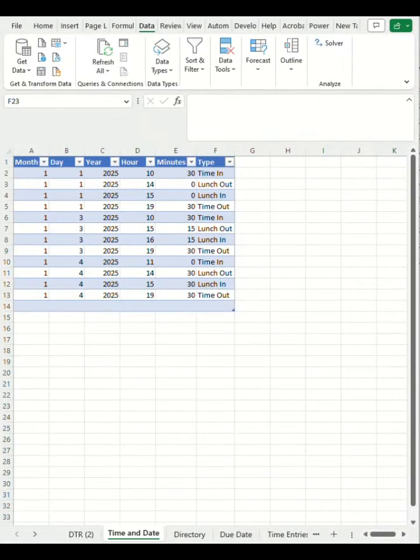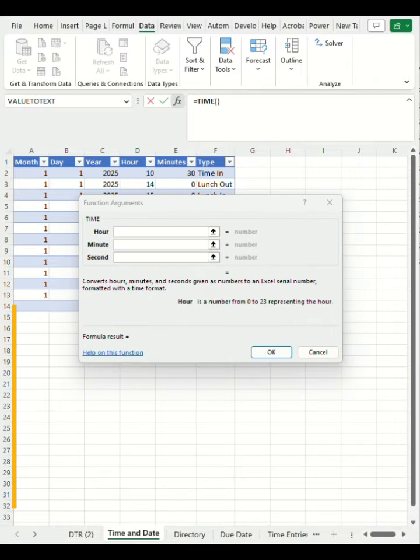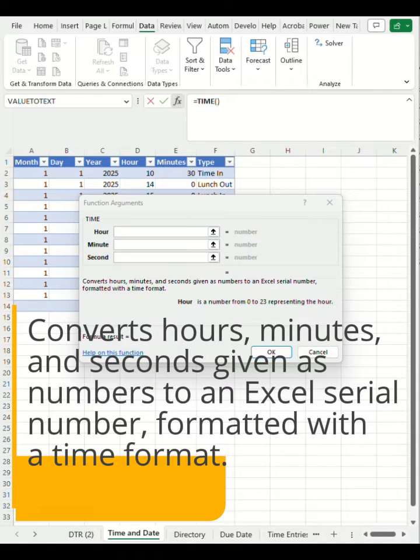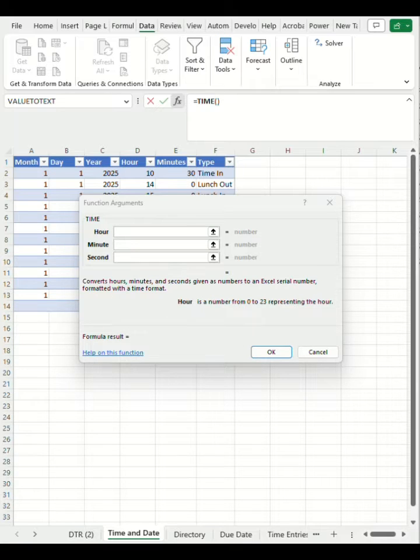Time and date functions. Two simple functions but useful for scheduling and calculating durations, especially kapag yung date and time ng raw data mo is not properly formatted. This happens normally if yung raw data is generated from a source or an application that only provides unformatted or unstructured data. By definition, the time function converts hours, minutes, and seconds given as number to an Excel serial number formatted